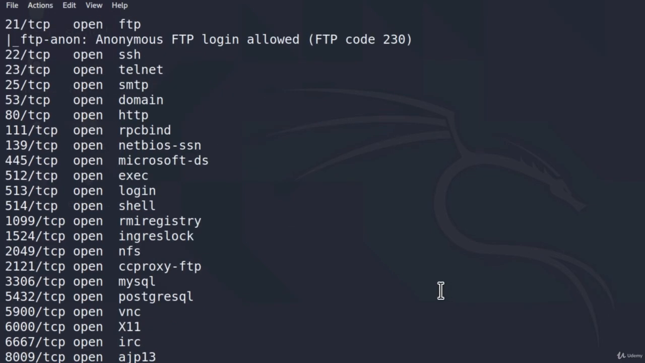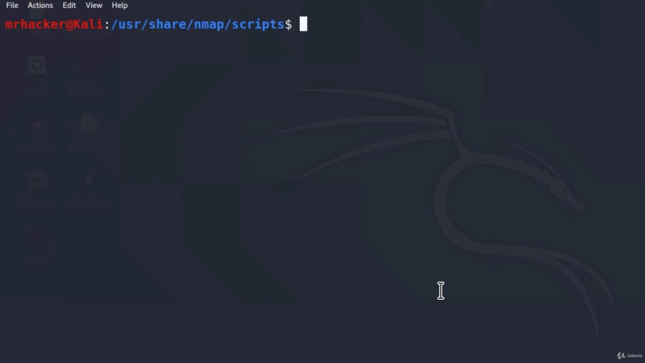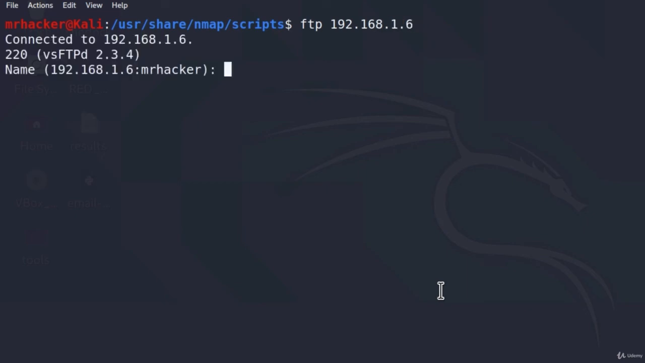Let's see whether it will work. Let's just test it out. We are curious. We want to see what this anonymous FTP login means. To do that, we're going to connect to a target using FTP. So you just type ftp and then the IP address of the target machine, in our case the Metasploitable, press enter, and right here it will ask us for the name. Let's type anonymous,